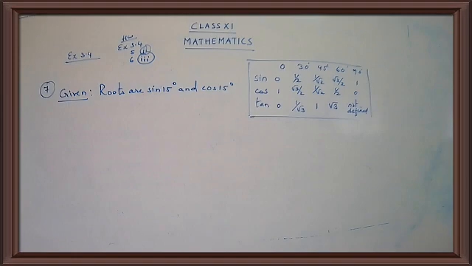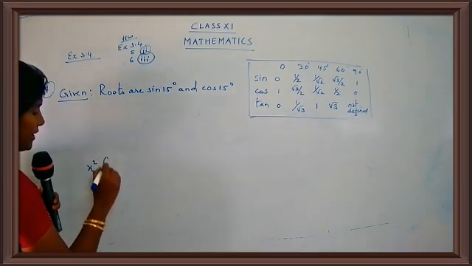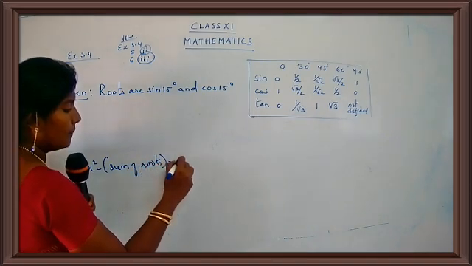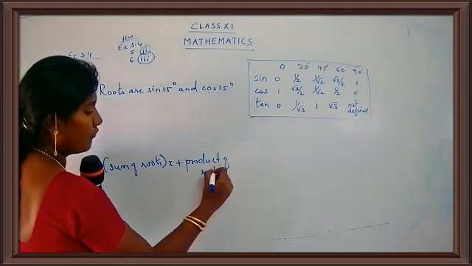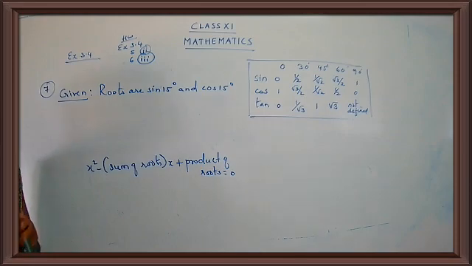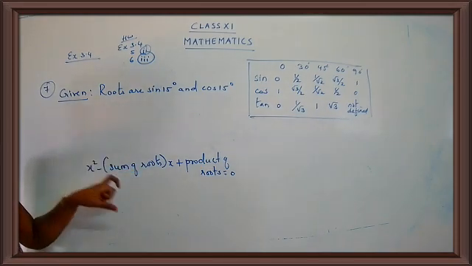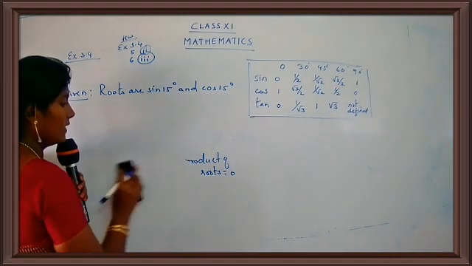Now, whenever you have to form a quadratic equation, you have to find the sum of the roots and the product of the roots. You know the quadratic form? What is the quadratic form? x square minus (sum of roots) x plus product of roots is equal to 0. This is the form of a quadratic equation. So you have to find the sum of roots and also the product of roots. Let's find these two things and later substitute in the general form and we will get the required quadratic equation. Okay, children, let's start with the work.